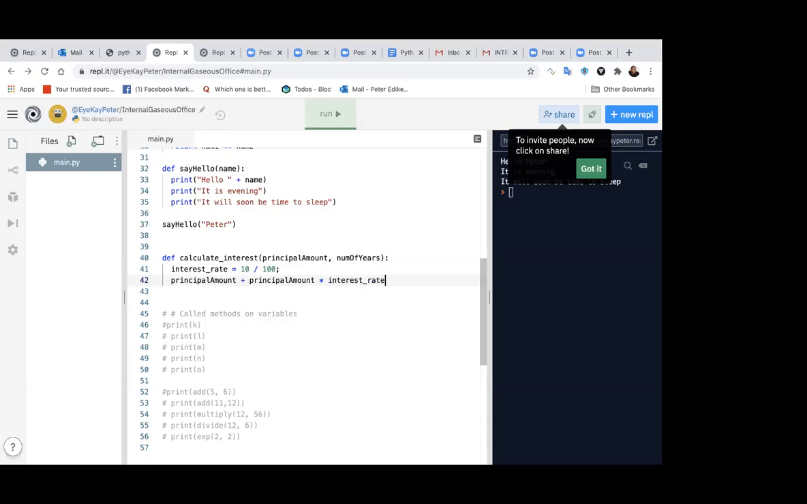right? So at the end of 2 years, it will be the principal amount times the interest rate plus the principal amount times the interest rate, and so on and so forth. So we can shorten this. We can say that